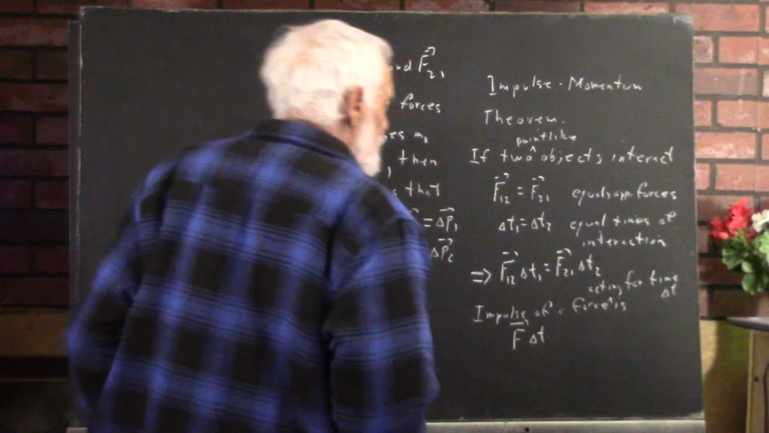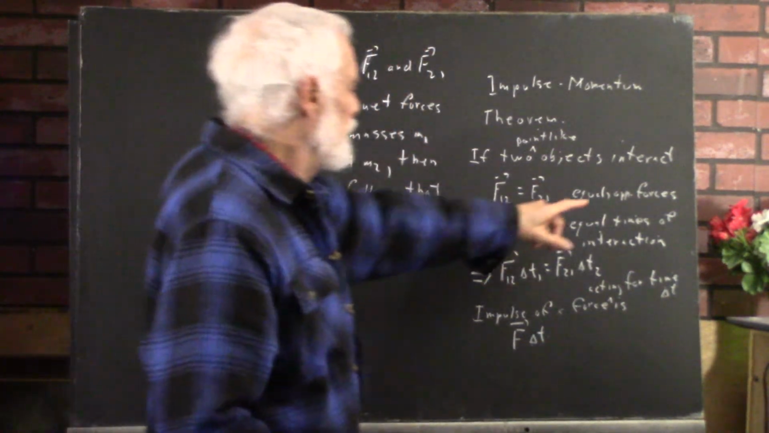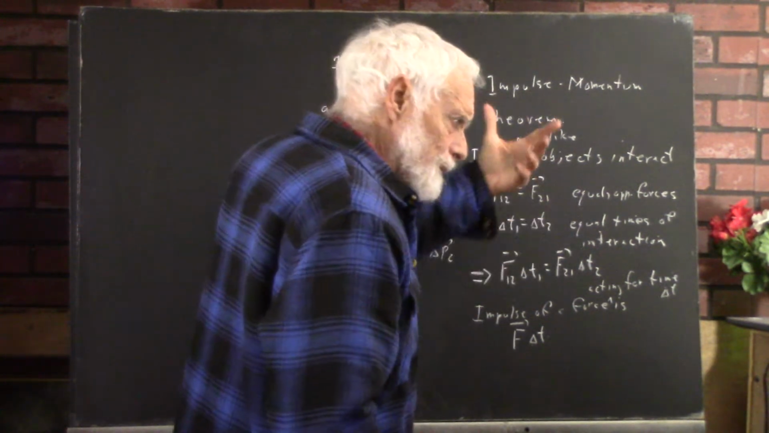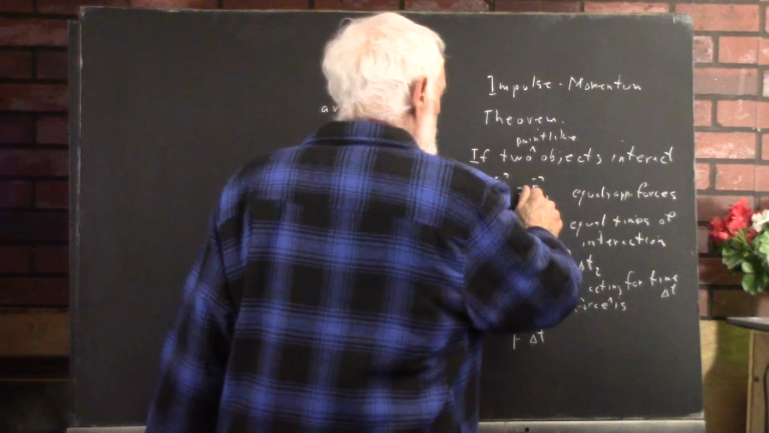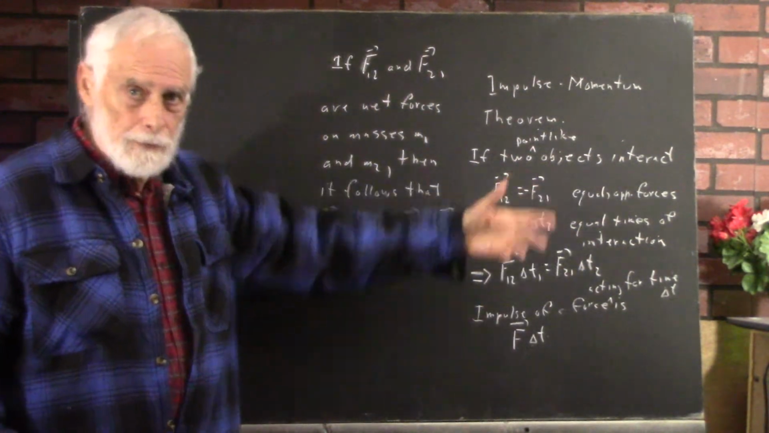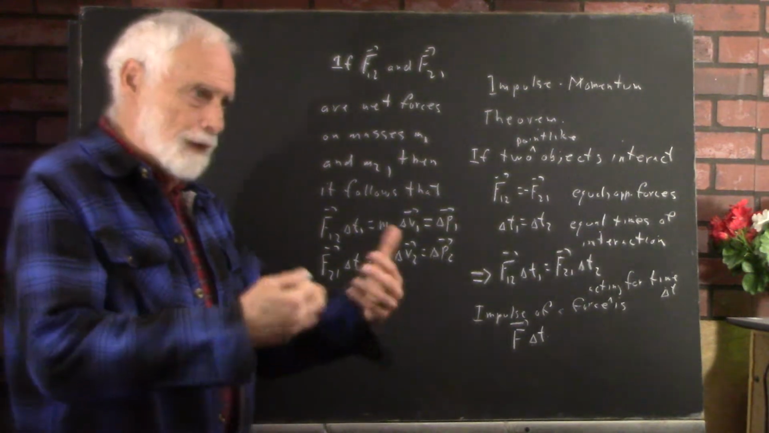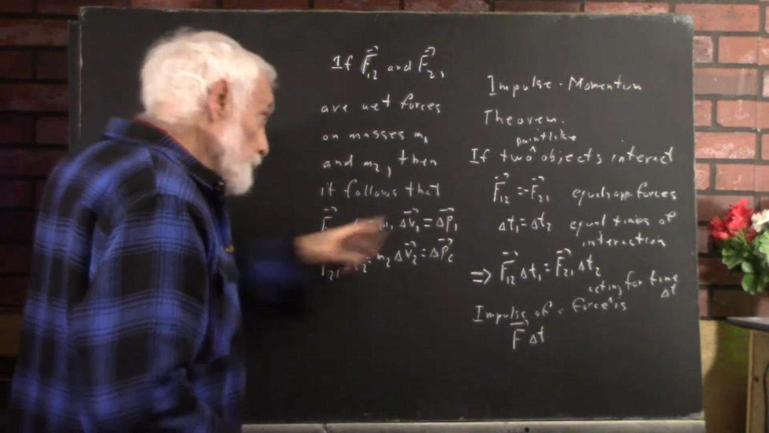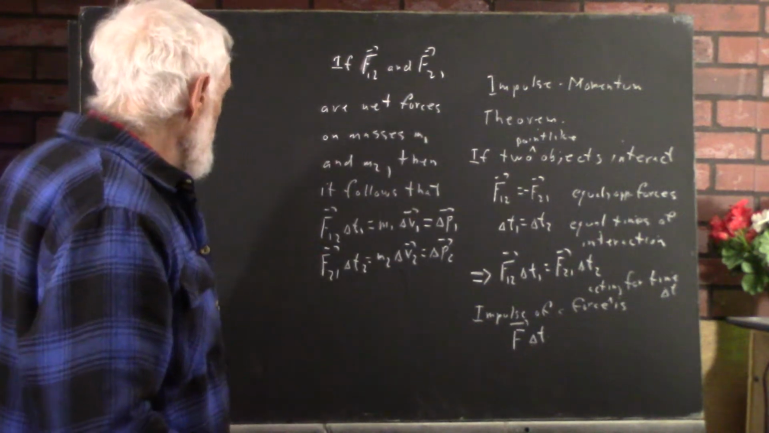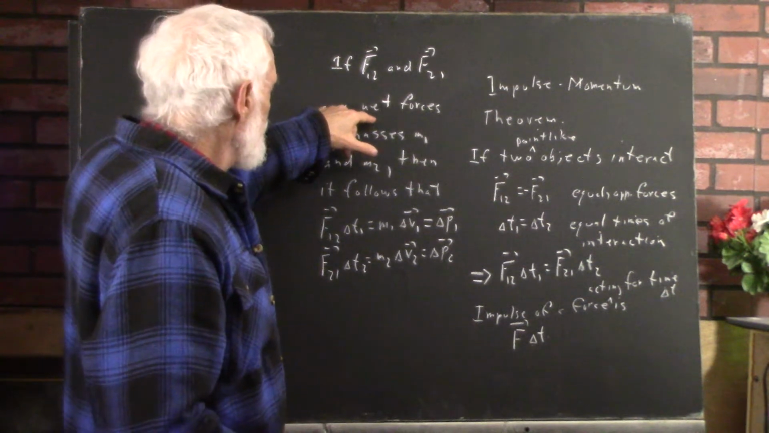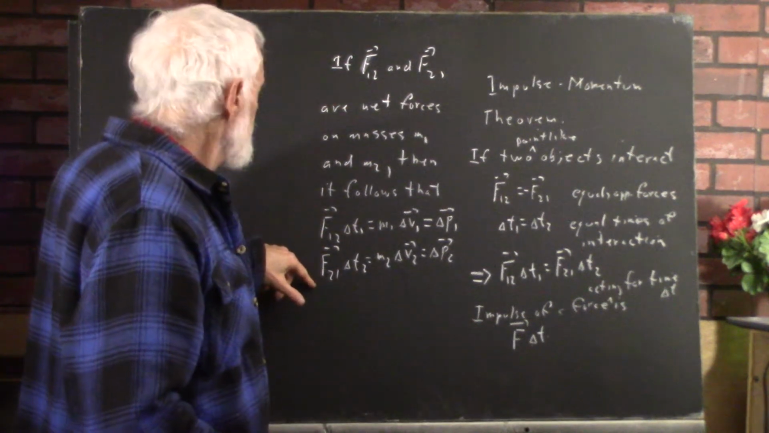Now, I said these were equal and opposite forces, but I made them equal. I wasn't thinking as clearly as I would like to be. F12 should be negative of F21. Newton's third law says you have equal and opposite forces under these circumstances. Okay? If these are net forces, then this follows because